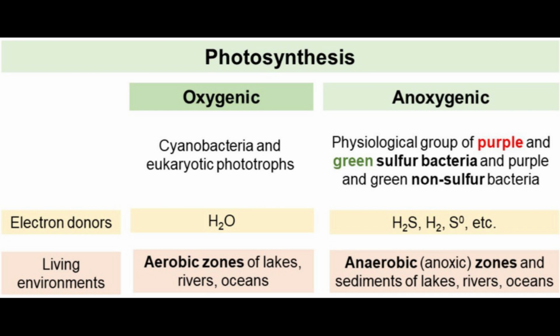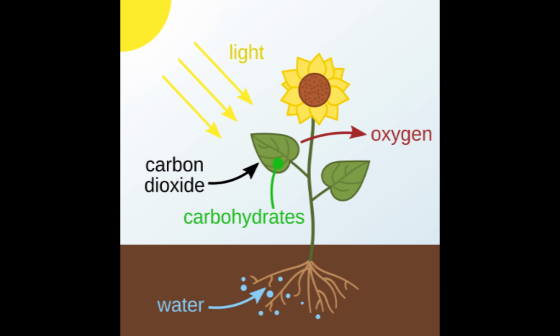Oxygenic photosynthesis predominates on Earth and is characteristic of all oxyphotobacteria and plants. It occurs only in plant cells containing photosystems, plastids with photosynthetic pigments, the main one being chlorophyll. Photosynthesis consists of green plants using the energy of sunlight, water, and carbon dioxide to synthesize the organic substances necessary to sustain life, both for a single cell and for a whole multicellular organism. As a result of the photosynthesis reaction, oxygen is released.